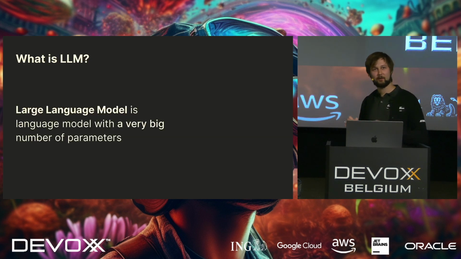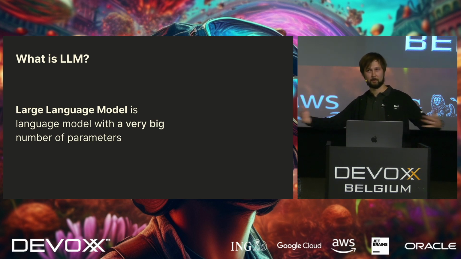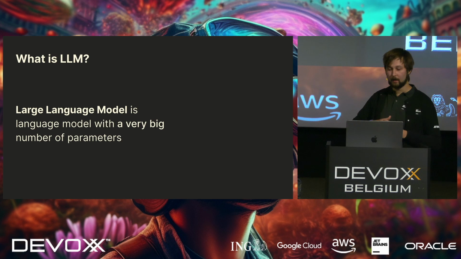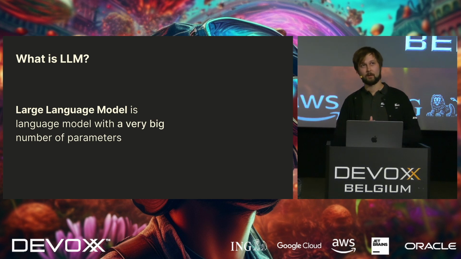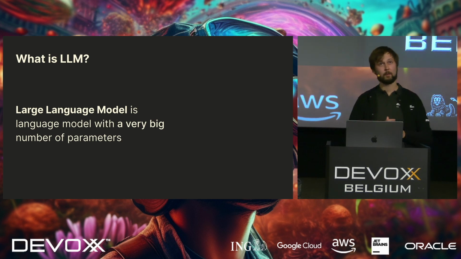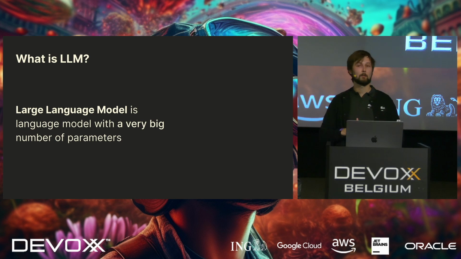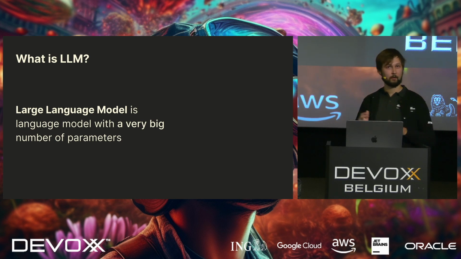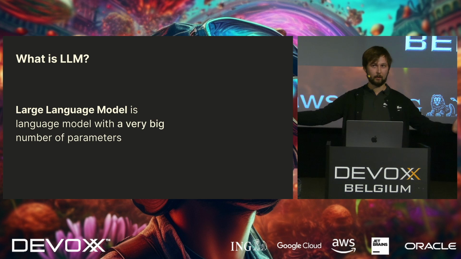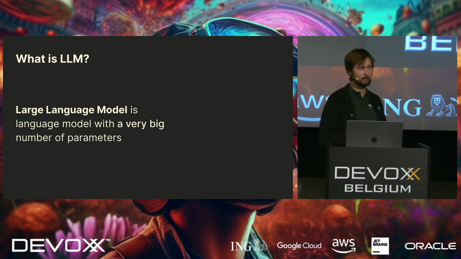What is important? Large language models are basically language models that are large, so they are just big, very, very, very big. And what is surprising and quite unfortunate for ML engineers, the whole thing about providing better quality is about having more parameters and more money. So there were 10 years, I think, already